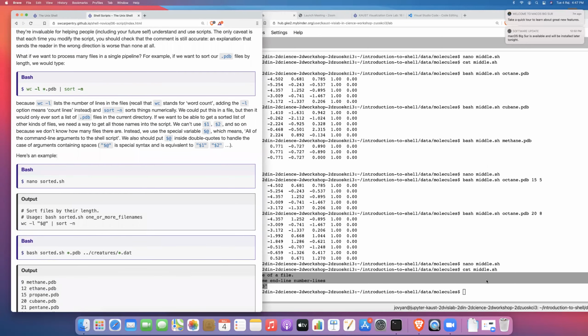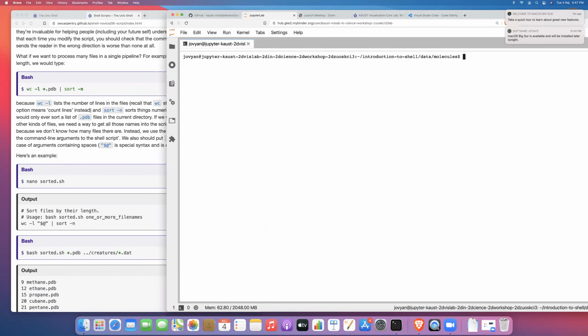All right, so let's look at another example. Remember our pipeline where we were sorting files. We had this word count program, and we passed in the PDB files, and then we sorted them numerically. So let's suppose that this was a pipeline that we wanted to reuse over and over. So we could create a bash script. We could echo this command, which instead of executing the command,